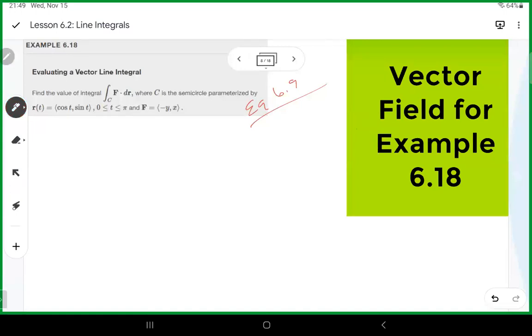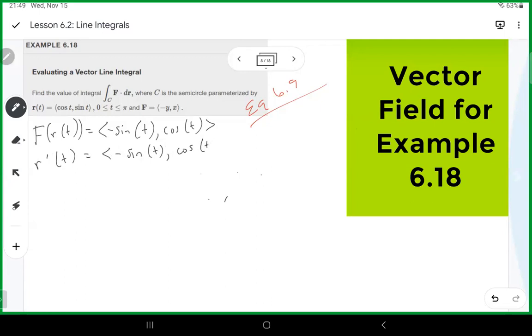Here's what we know. So then that tells us R prime of T, and that means